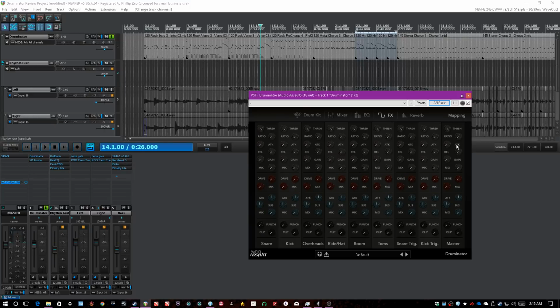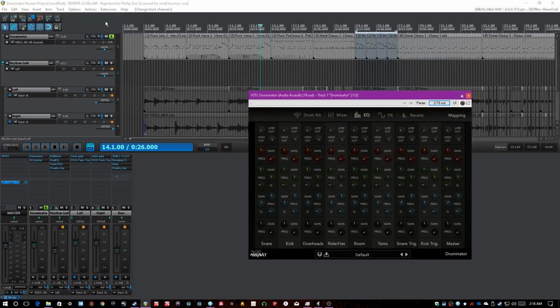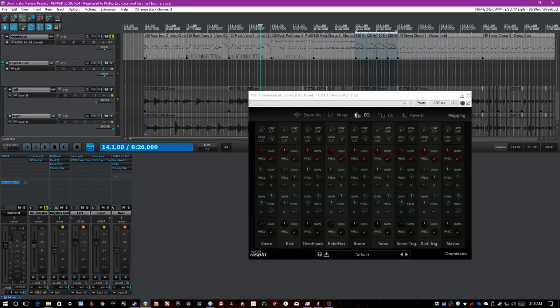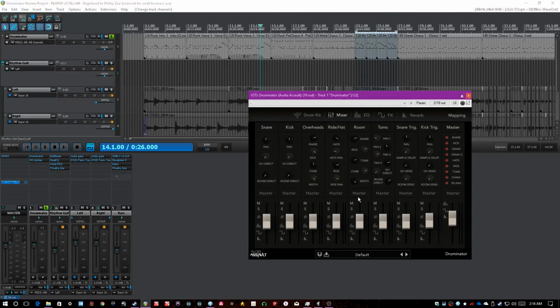Same with effects. You have a compressor and a drive, which is analog modeled. You have a transient shaper. You have a punch knob and a clipper on every individual channel, which means this plugin can be kind of a CPU hog at times. Same with the EQ. You have filters and EQ curves for 4 different bands, and that's for every individual sample